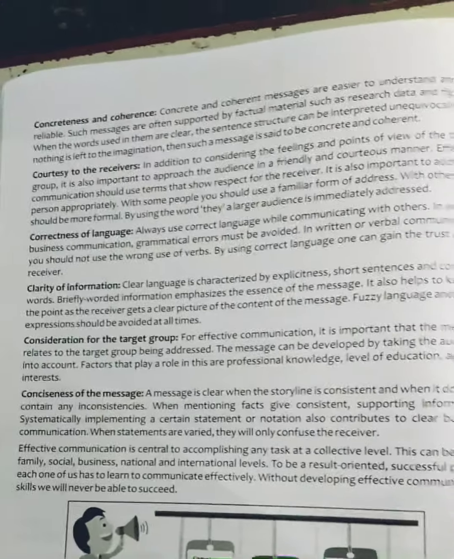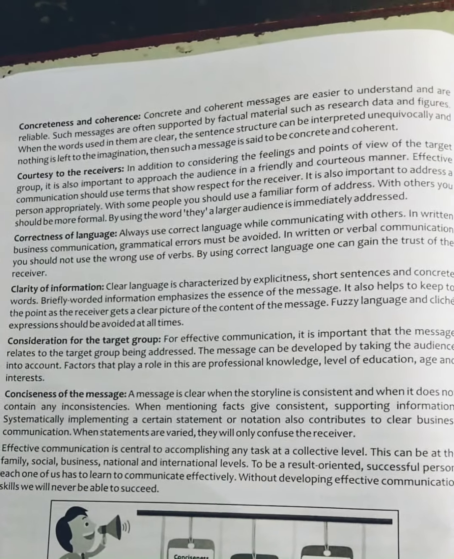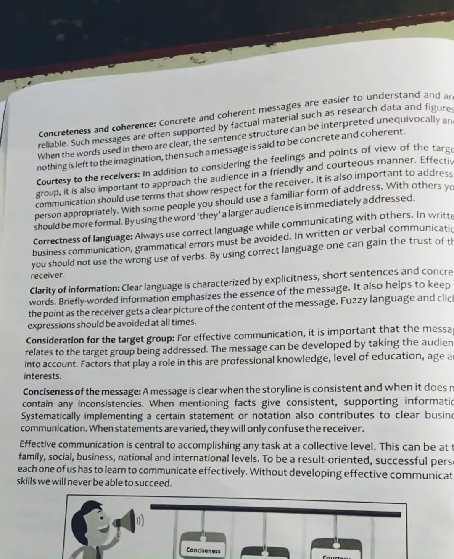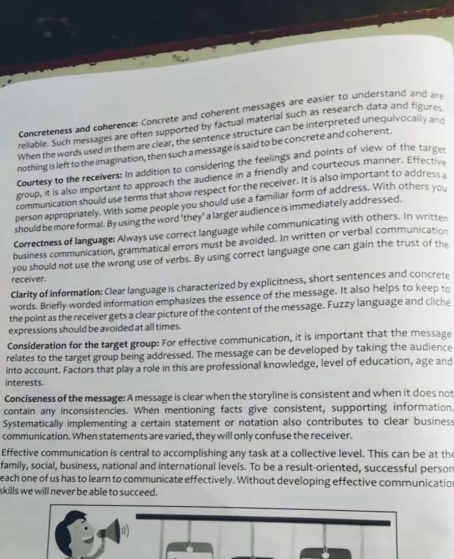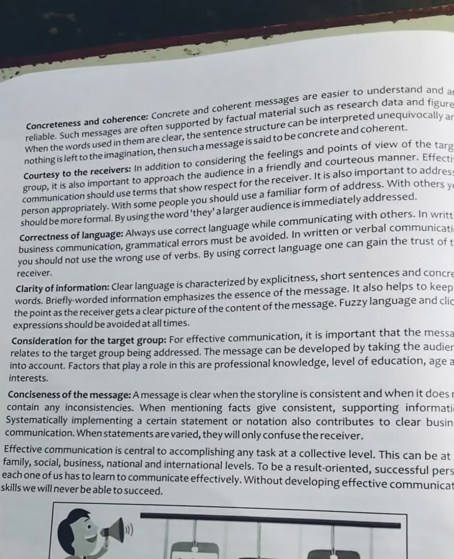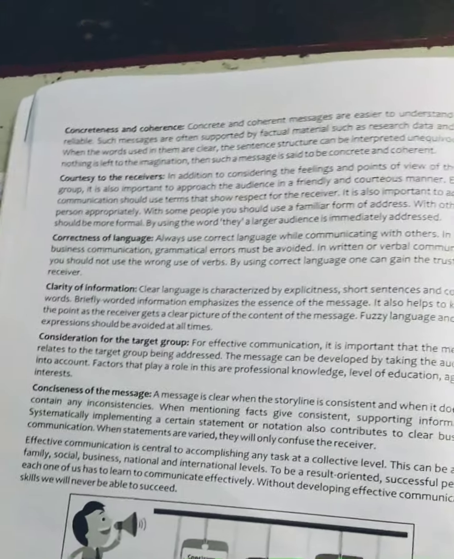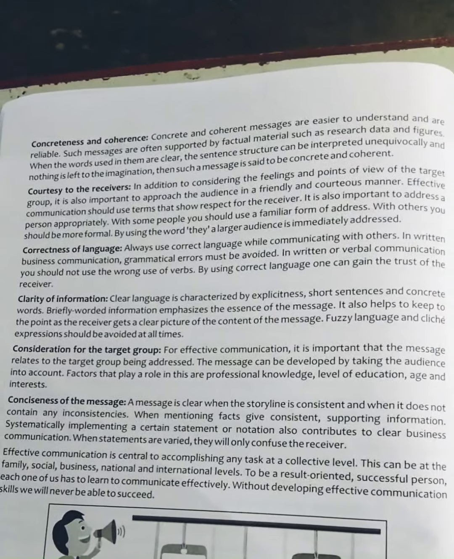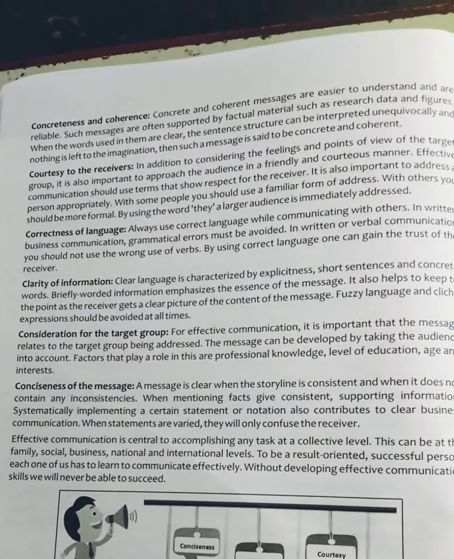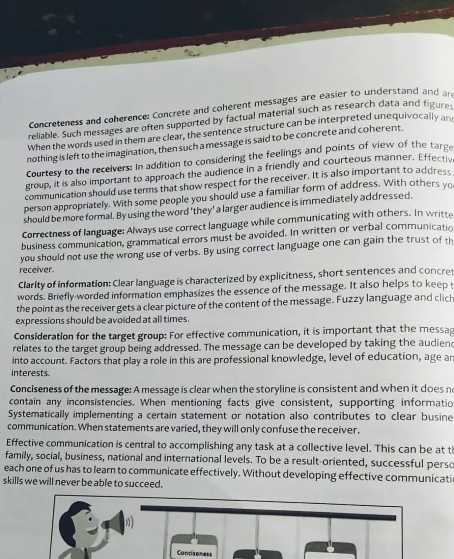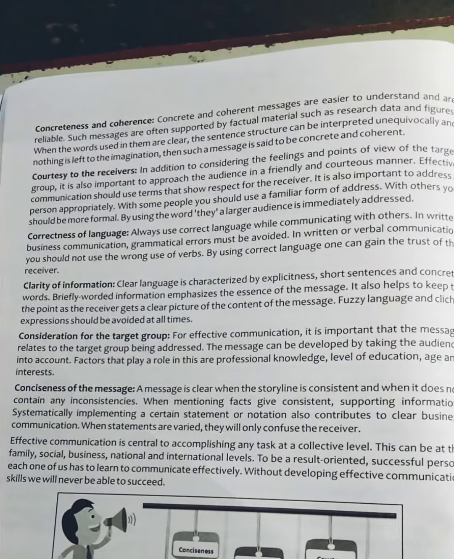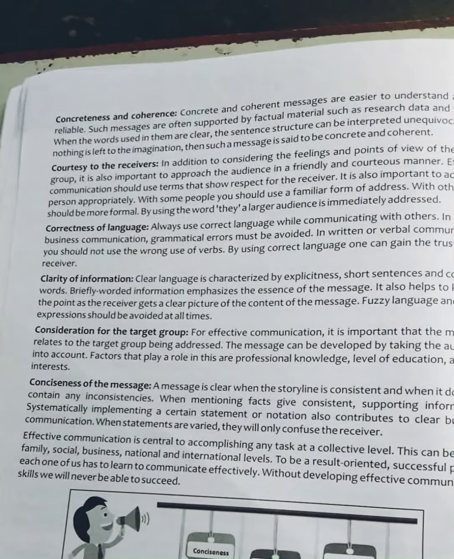For example, if you are writing an essay or telling an essay to someone, you need to make sure that the order is correct. First the introduction, then the causes and something like that. In a communication you need to start with an introduction all the time. Then next the reasons and lastly the conclusion. So this order is really important in our communication or in a message or writing. Okay, so these were the 7 C's of principle.